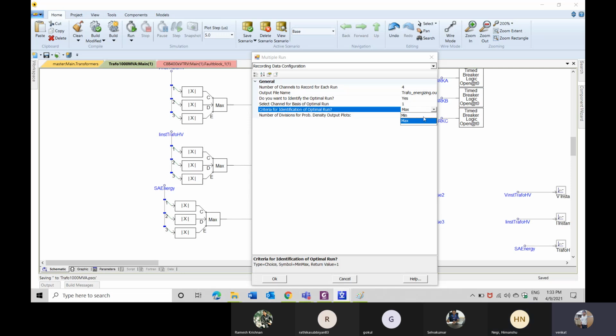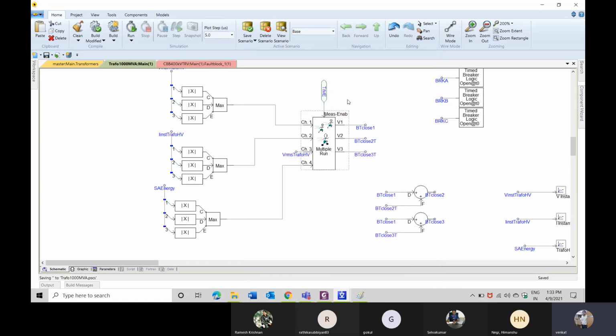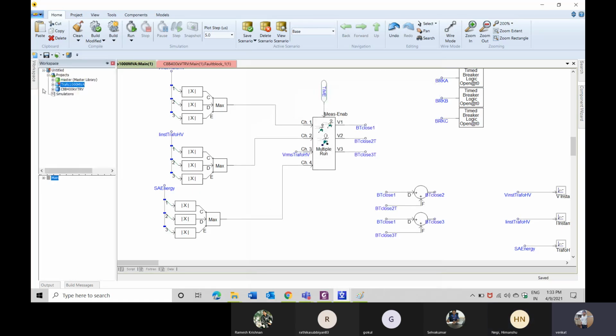Values or the minimum values for the optimal run that you can give. Now, another option which I want to tell you is, if you are going to perform multi-run, to speed up the simulation, what we can do is